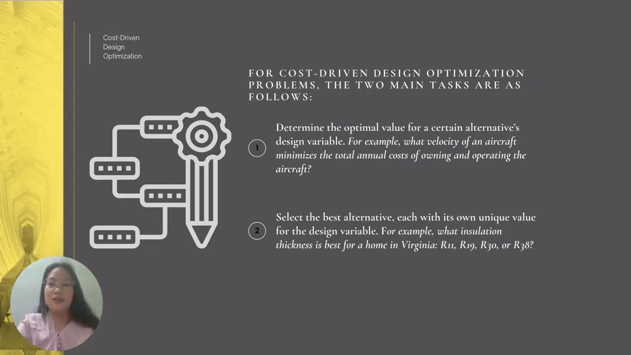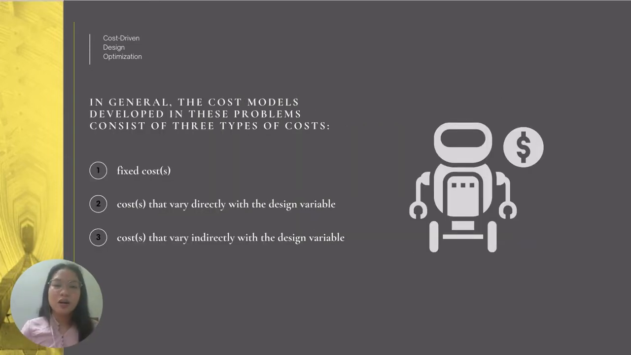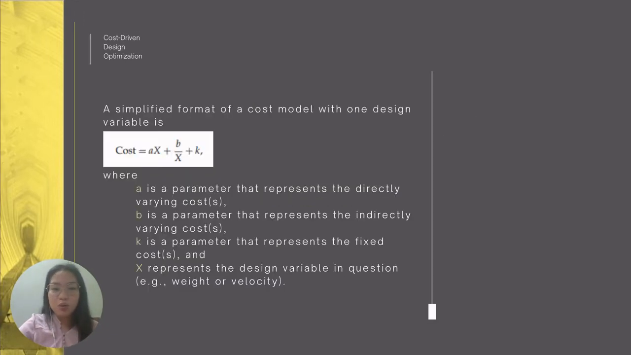So in general, the cost models developed in these problems consist of three types of costs. First is the fixed cost. Second is the cost that varies directly with the design variable. And third is the cost that varies indirectly with the design variable. So a simplified format of a cost model with one design variable is